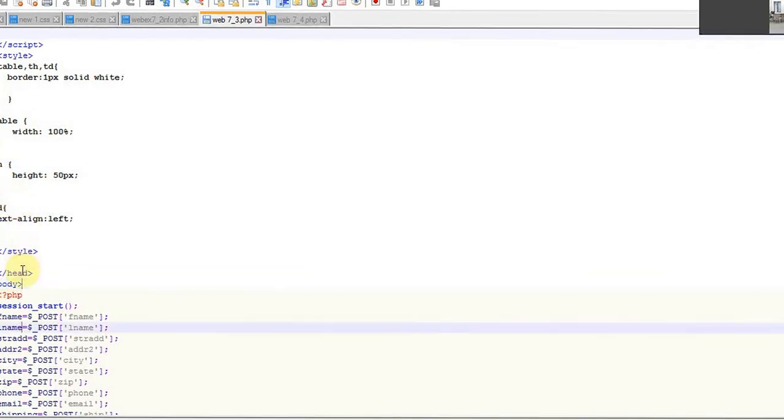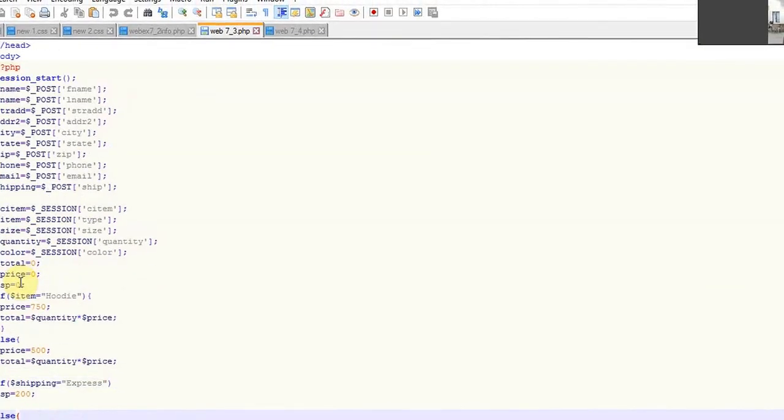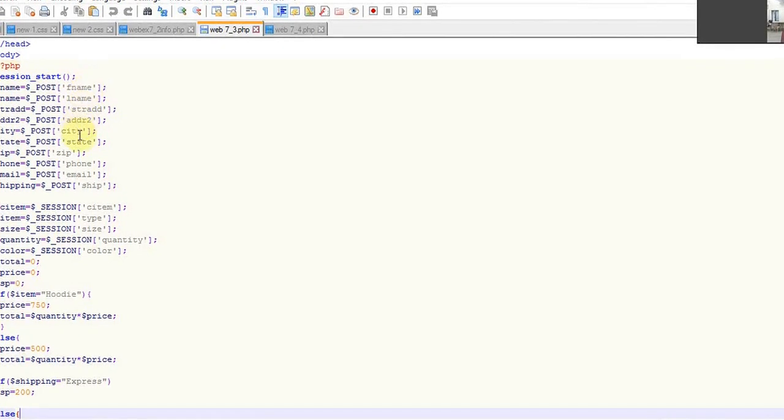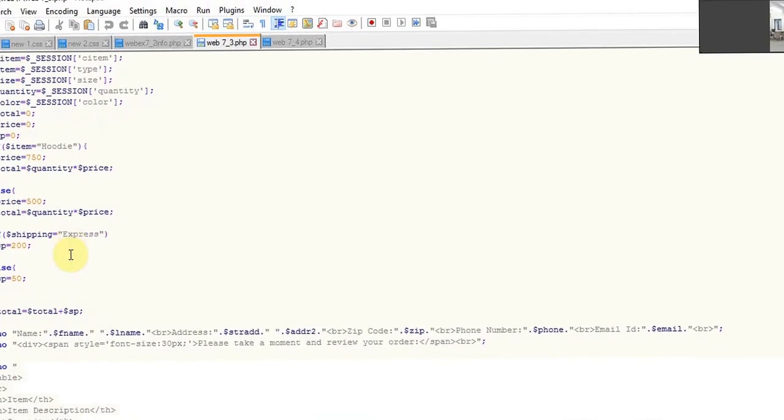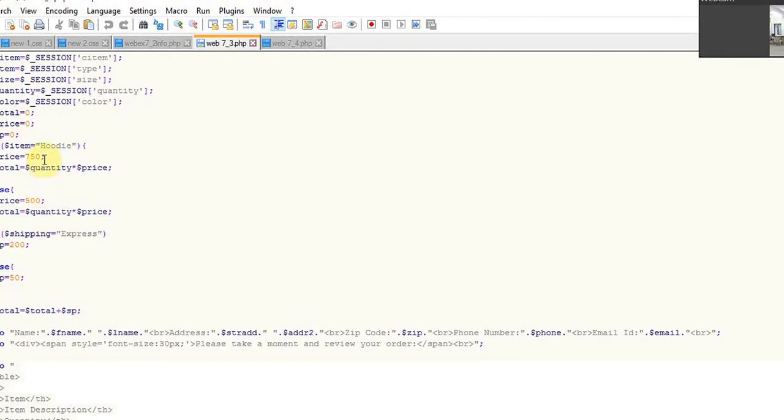And here I am using again the session super global variables to get the values which I have submitted in the second page, that is name, address, state, and so on. And then with all that I am calculating my amount.